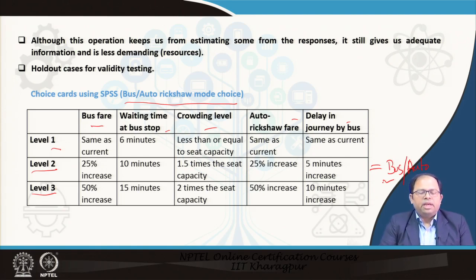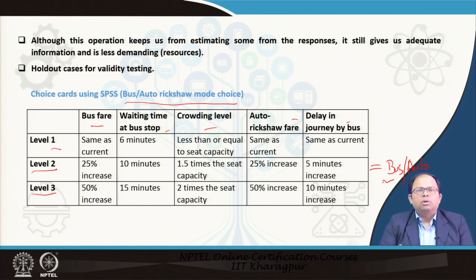To reduce that, we can do a fractional factorial design, which can help us reduce the number of these choices. When we use this kind of technique, some of these choices are removed. That means it would be difficult for us to estimate some of the responses, but it still gives us adequate information